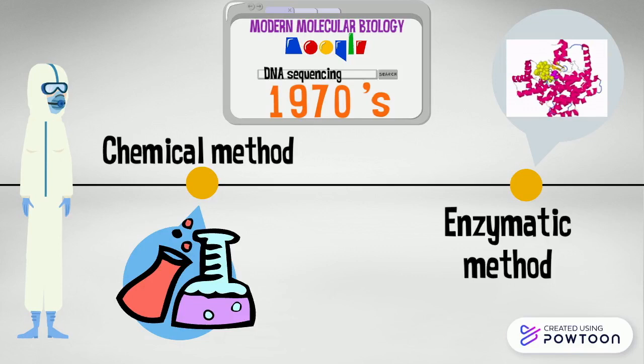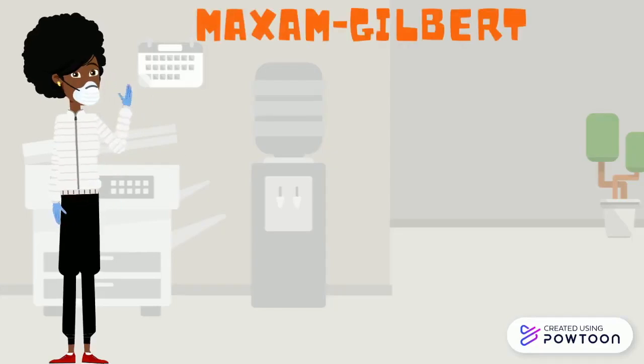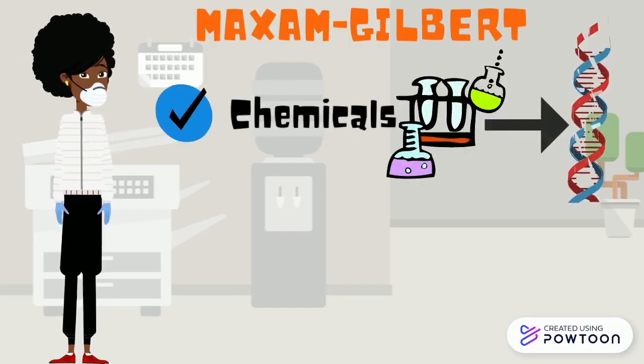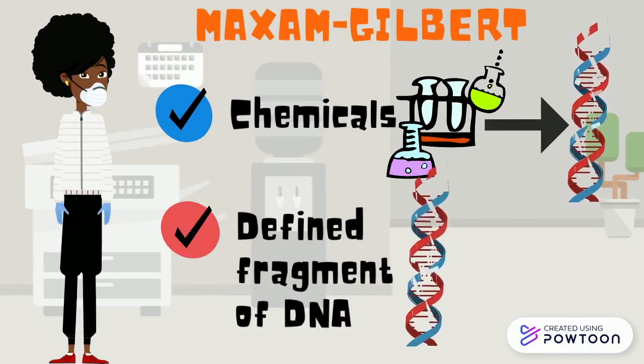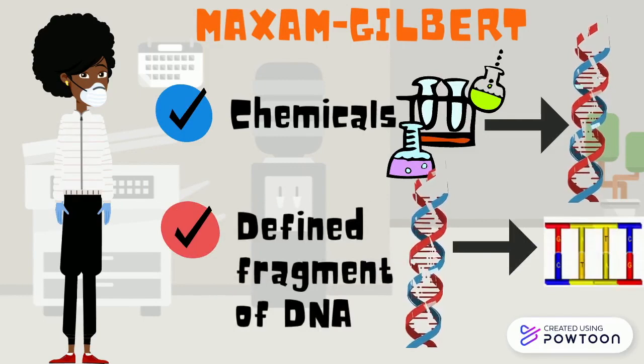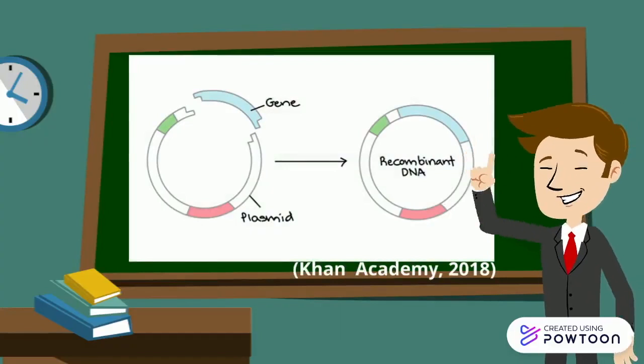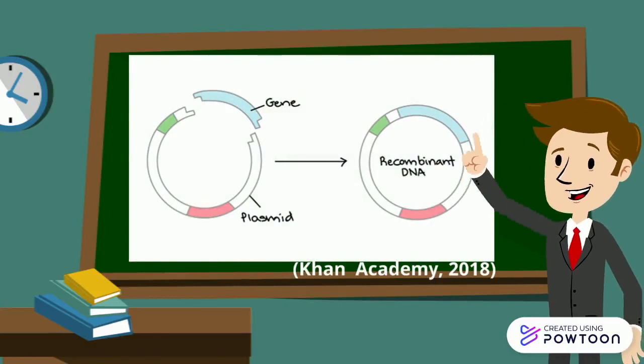Now, I'm going to explain the chemical method for sequencing DNA developed by Alan Maxam and Walter Gilbert. In this Maxam and Gilbert method, chemicals are used to clip the DNA at certain positions, generating a set of fragments that differ by one nucleotide, and a defined fragment of DNA is required as the starting material. In order for the technique to be applicable to any DNA fragment, the starting material need not be cloned